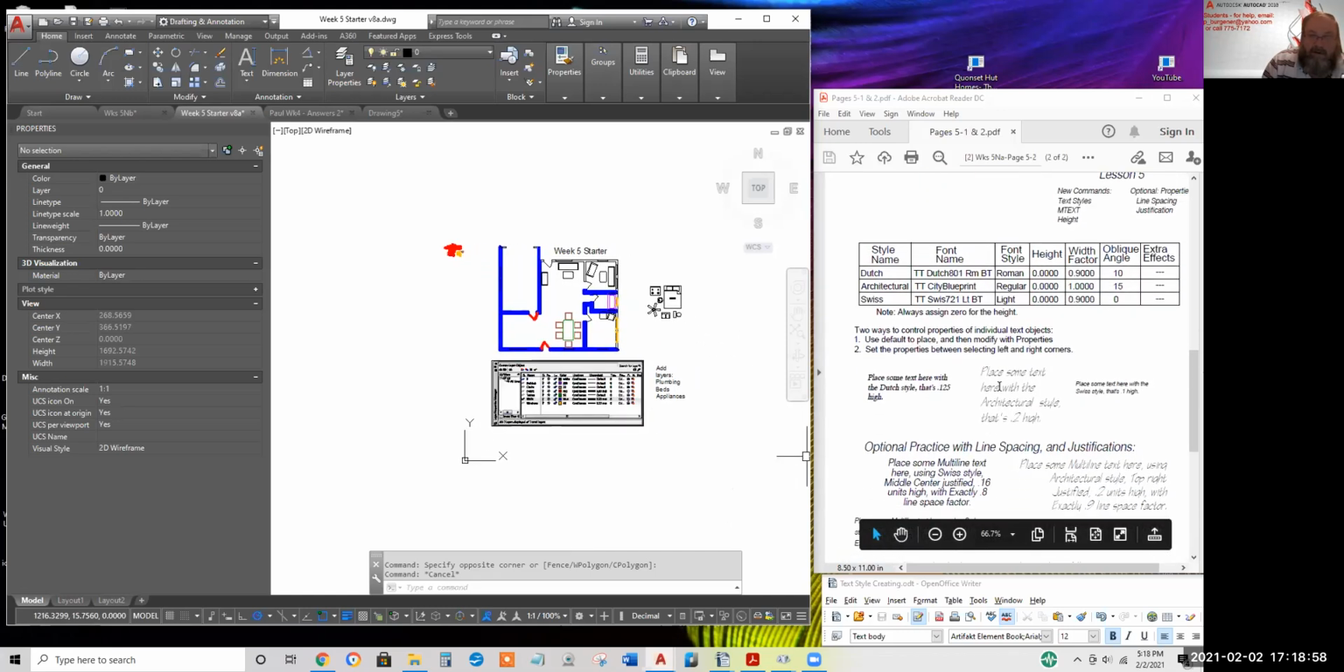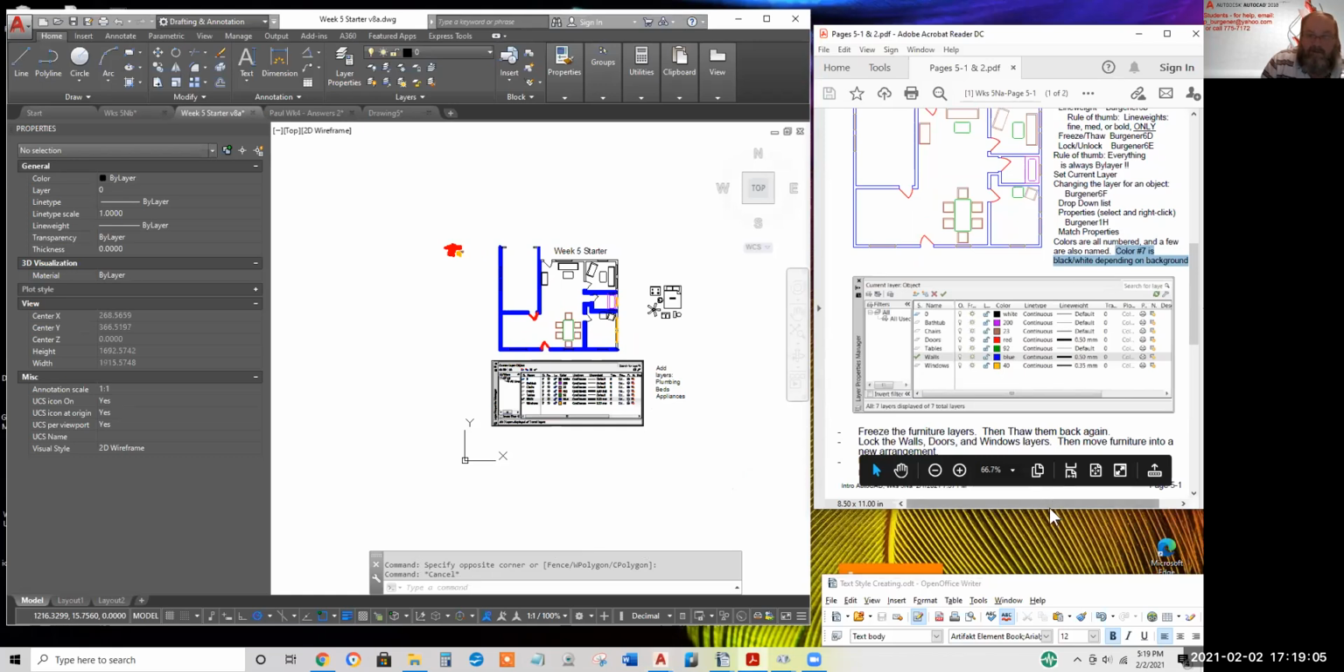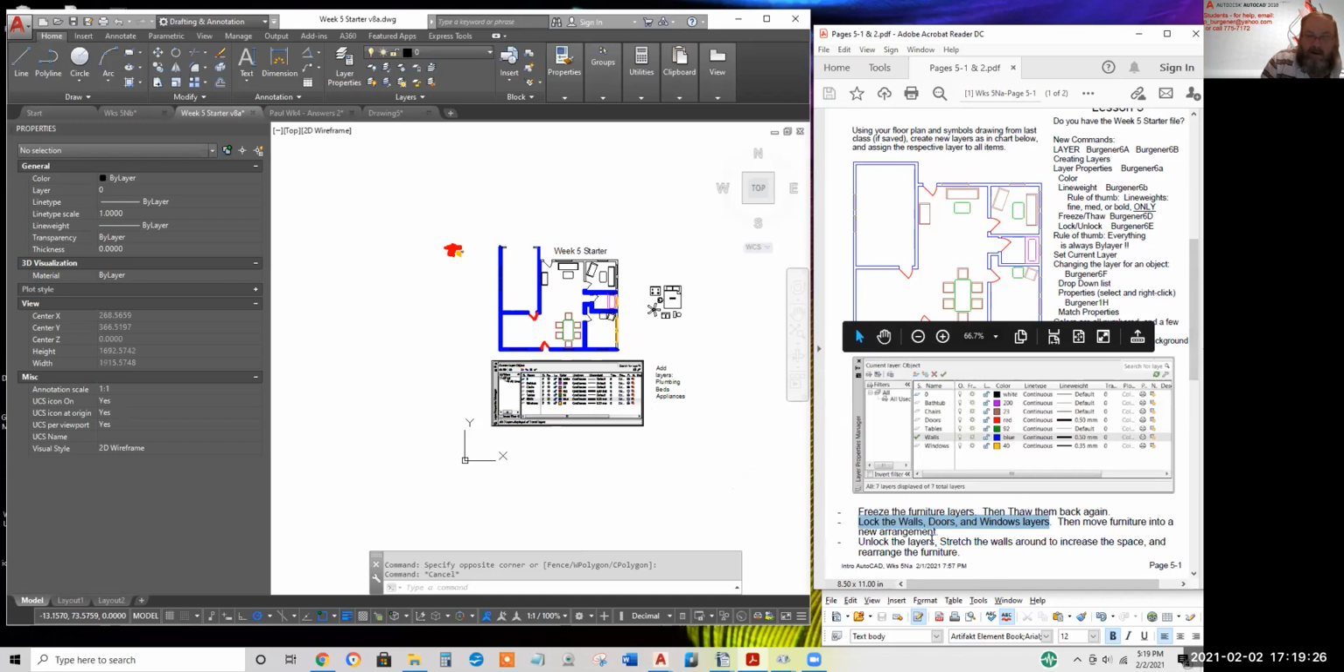Once we get everything on the respective layer, I want you to practice the freeze, thaw, and lock stuff. Freeze the furniture layer, thaw them back, lock the walls and windows, and move the furniture around. And as usual, I got this zoom stuff in the way. Eventually stretch the walls like we did, I believe, last week. But be very careful that you don't accidentally stretch a chair or a table. So you might want to lock, it doesn't say here, but it might be wise to lock